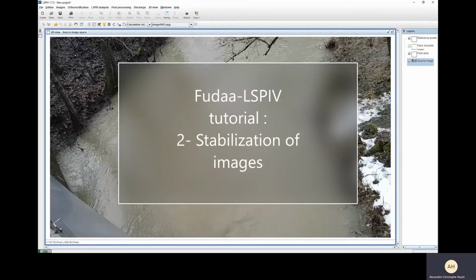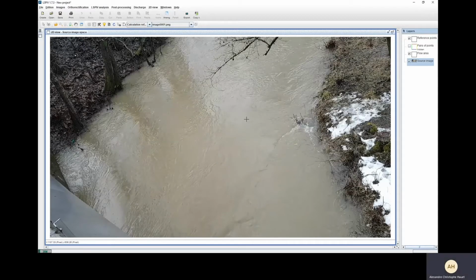In this video, we will see how we can stabilize images that have been imported in Fudaa-LSPIV. If the images are affected by movement, like shaking, you need to stabilize them before the LSPIV analysis. Note that the stabilization is an additional processing step that will add uncertainty to the measurement of the velocities, so